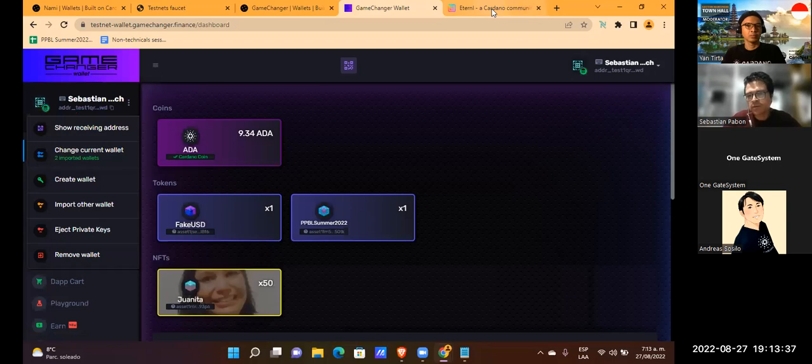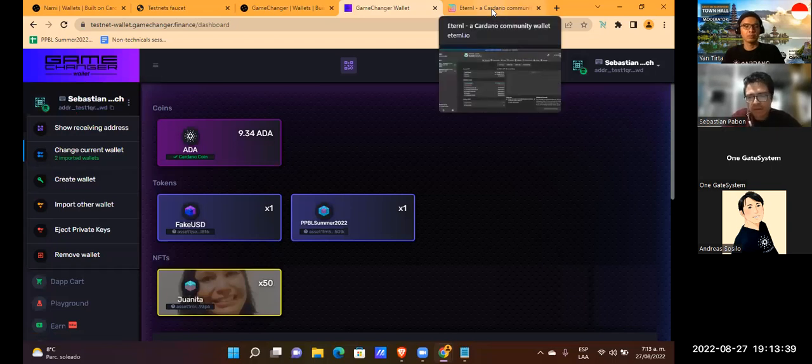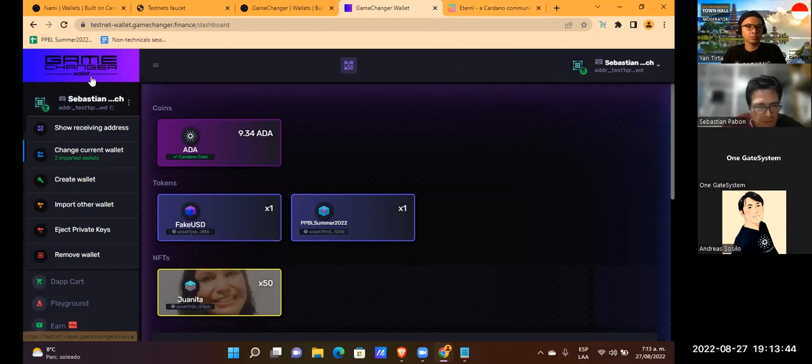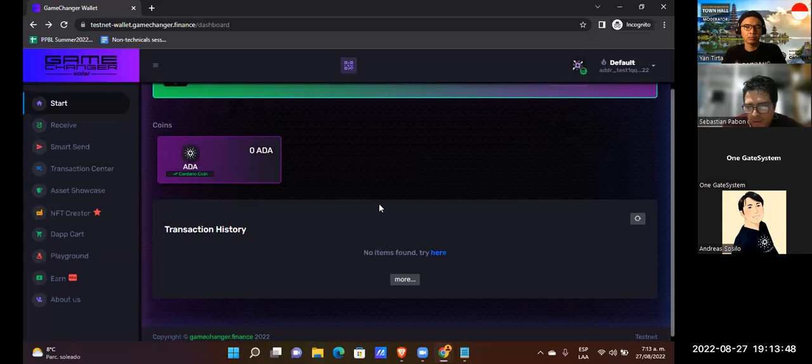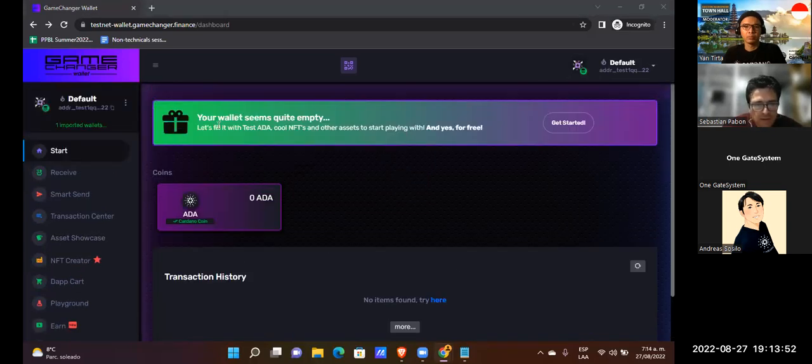But the first time you open a Game Changer wallet, you find it totally empty, and you find this functionality that says your wallet seems quite empty.